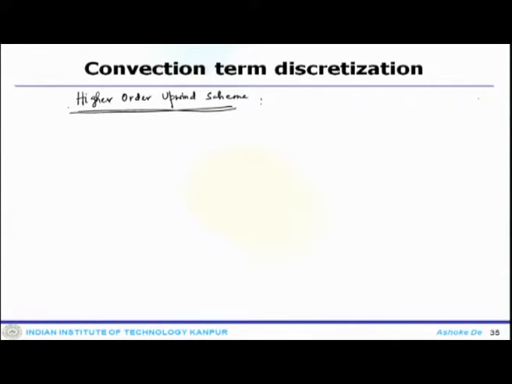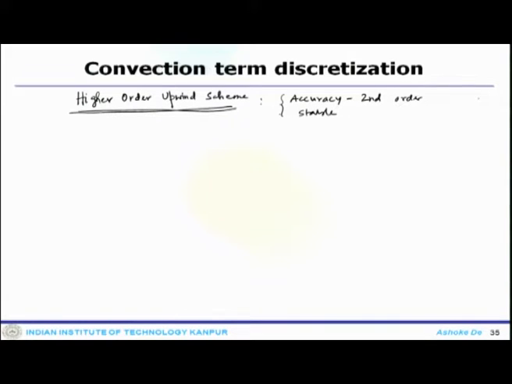Now, what this scheme is aiming at is producing at least a second order accurate solution. So, accuracy wise, it would be second order and also it is stable. So, it uses the advantages of both upwind and CD scheme, and then we formulate this